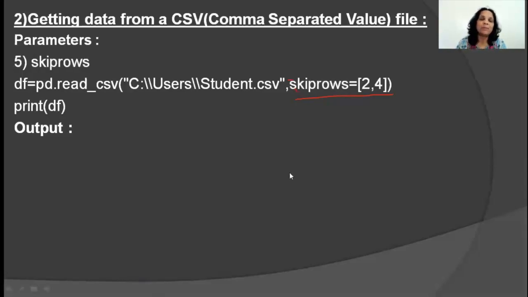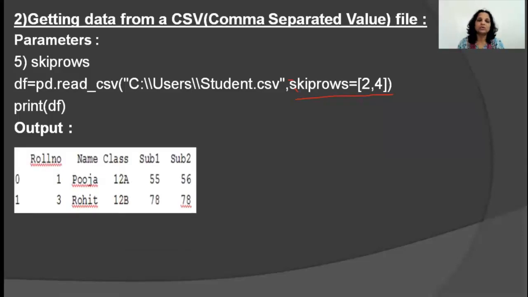Okay, now let's go to another parameter. It's called skiprows. Now, if you do not want certain rows of your text file or your CSV file to be a part of your data frame, you can skip those rows. Now, can you see what I've written there? skiprows is equal to 2, 4. What does that mean? Row number 2, that is data's row number 2, not from the heading onwards. Row number 2 and row number 4 are to be skipped, and all the other elements you transfer into your data frame.